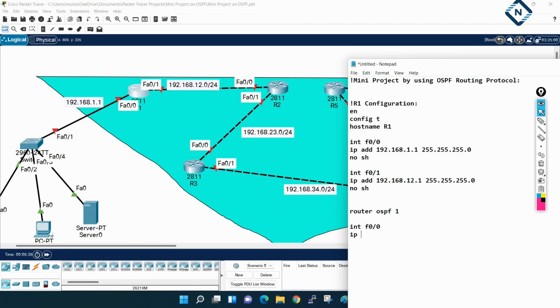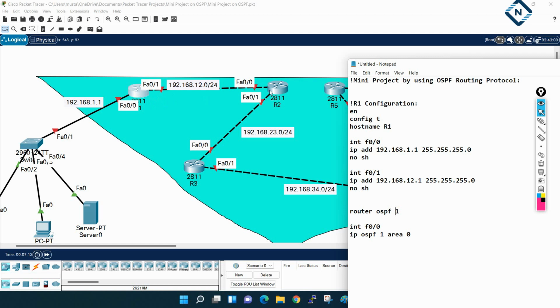Okay. So you write ip ospf 1 area 0. We are writing area 0. This is a process ID. This ID should be same. If you are using 2 here, here also you have 2. This is locally significant. Here if you are using process ID 1, here you are using process ID 2, no issue, because this is locally significant. This process ID will be valid only in this router. In this router, if you write 2, no issue, it will work. Or if you write 1 also, it will work, no problem.